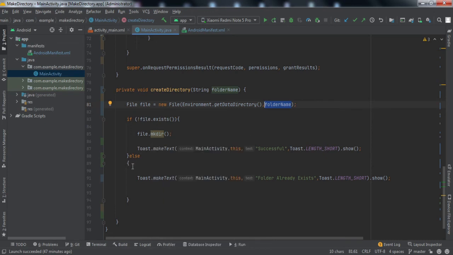But if it is true, that means the folder already exists at the desired destination, so we have raised a toast saying that the folder already exists. In case the folder does not exist, file.mkdir will generate a folder at the specified location, right? After that, we have raised a toast of successful.